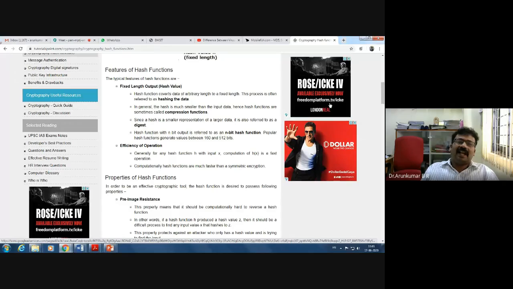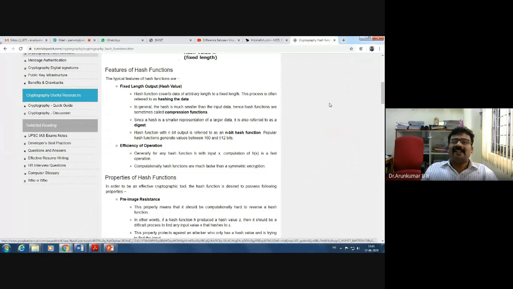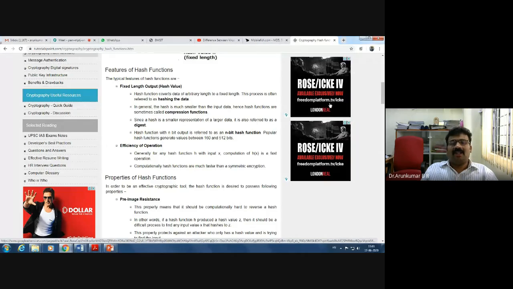In general, the hash is much smaller than the input data, hence hash functions are sometimes called compression functions. Since a hash is a smaller representation of larger data, it is referred to as digest. A hash function with n-bit output is referred to as n-bit hash function. Popular hash functions generate values between 160 to 512 bits. These are some of the features of the hash functions.